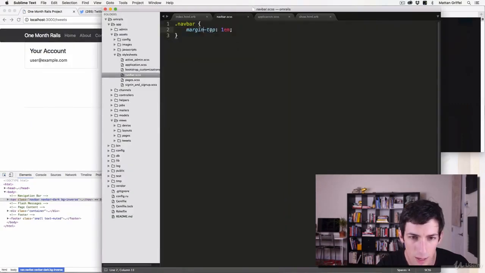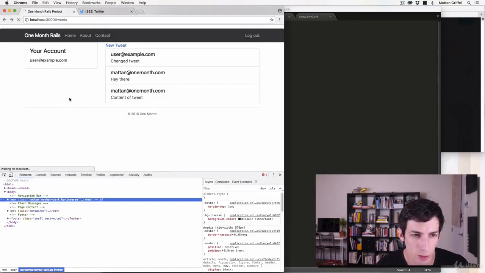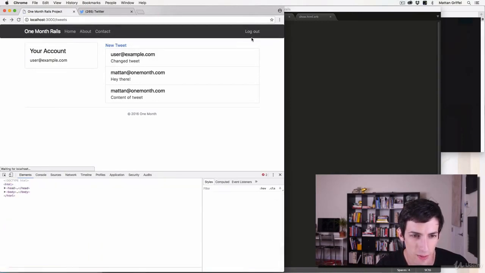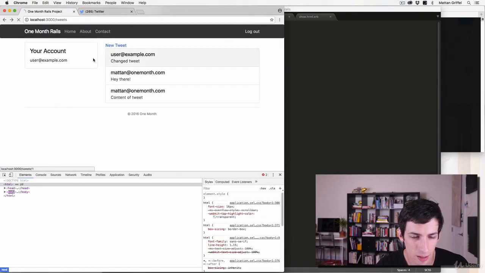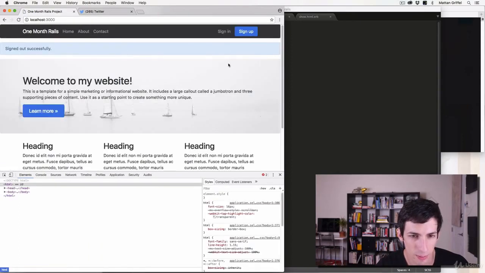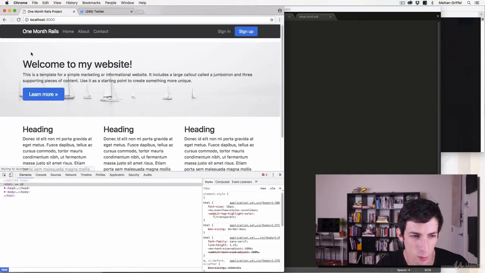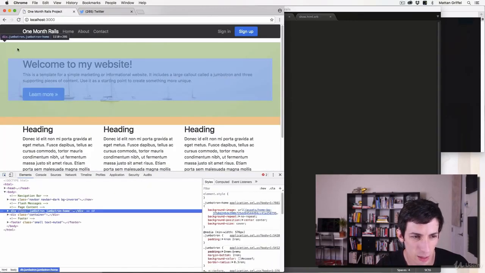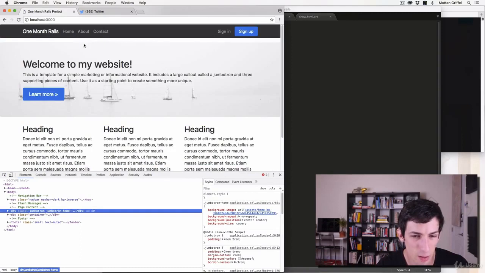Did I call it margin top by accident? I did. That was silly. The problem with margin bottom, though, is that it'll put a margin on the home page right here. So this won't be like flush up against the top. You can fix this by pulling the entire Jumbotron up a little bit as well, but it's not an ideal solution. So, you might actually be better off